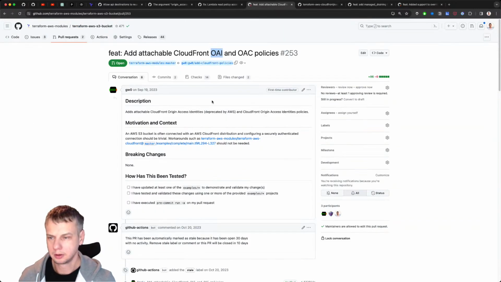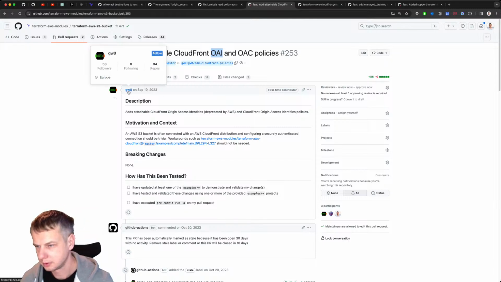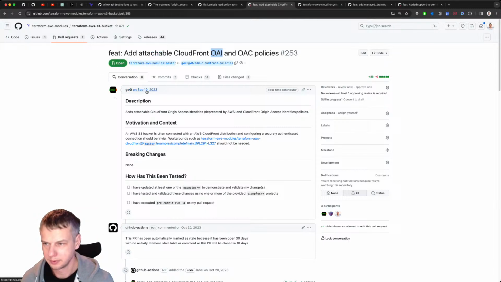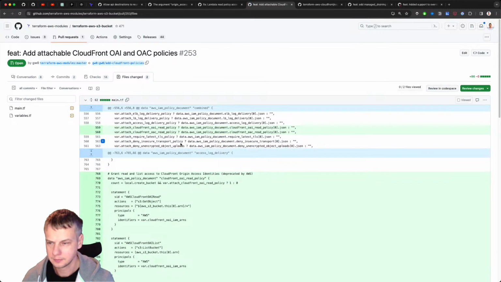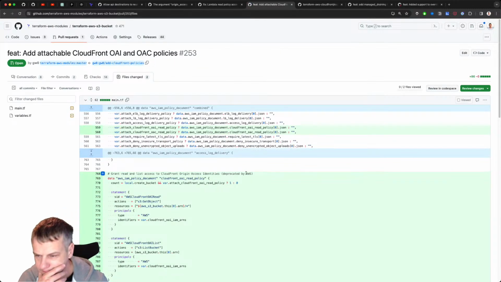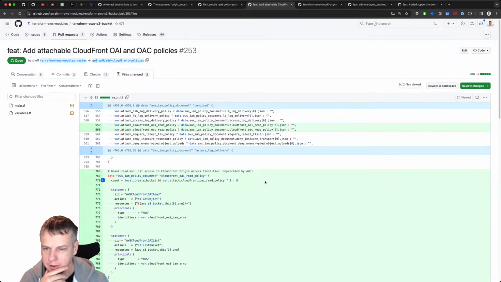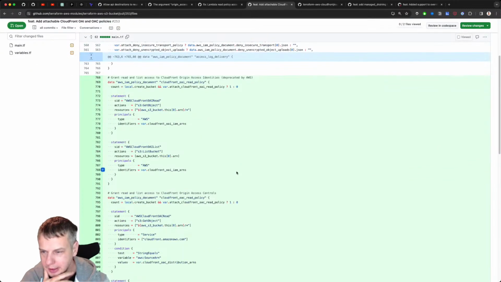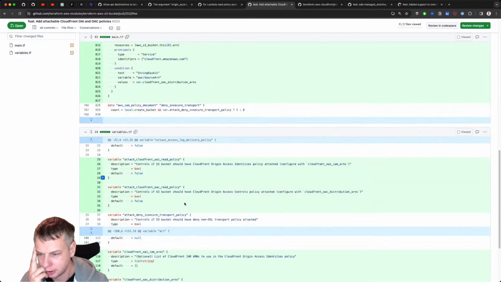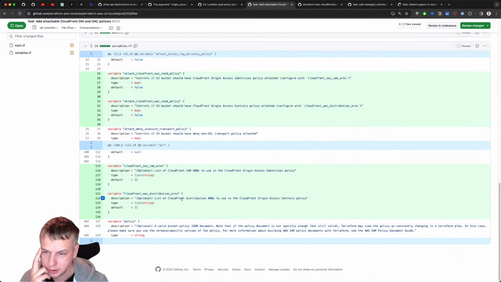Okay, good to know. Somebody from Europe, so he probably knows what he's talking about. Okay, so what he is doing is that he just adds these two statements inside of the module and introduces a couple of variables. Yeah, well, pretty decent solution.